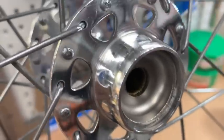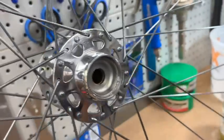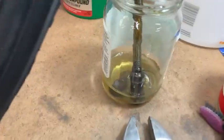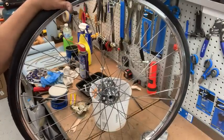Here's a brand new bag. Went ahead and cleaned out the races. I did use a little bit of steel wool to smooth them out, and then I polished them a little bit, and they're ready to go. So we'll go ahead and get some fresh grease in there after we clean this off and get it ready to install. All right, so I got the axle and the other cone sitting in a little bit of rust